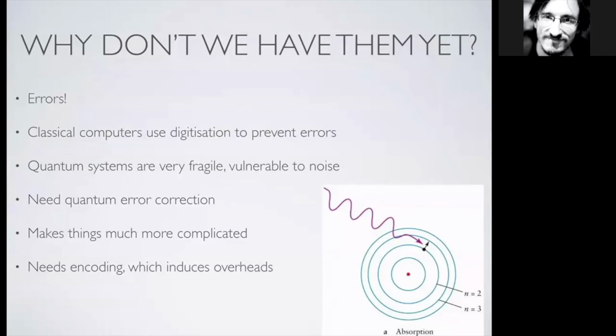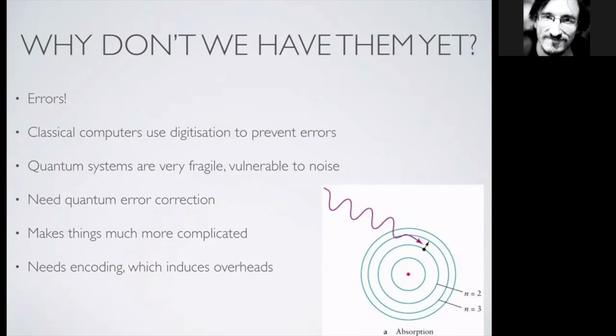Well, the reason is that classical computers use digital information where things are just 0 and 1, and digitization effectively prevents errors. In other words, voltages are actually analog, so if I say that a logical value of 1 corresponds to 5 volts, then my circuit just says, well, if it's 4.9 volts, that's close enough, I'll call it 5. So this digitization rounds an analog value to the nearest digital value,